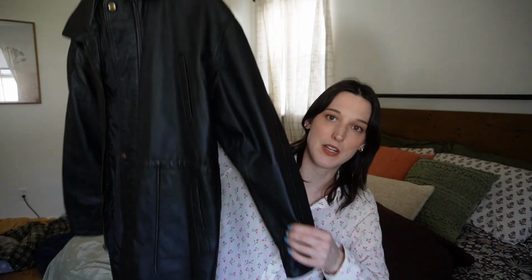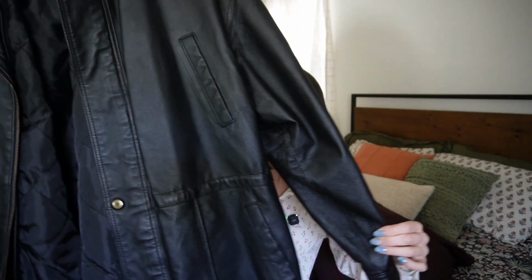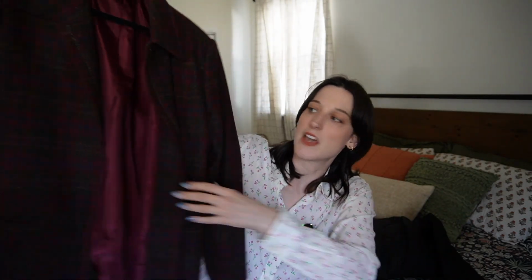We have this really pretty leather parka, which is a bit oversized. It's just really cool. It's a cool shape. It's a super warm coat. I really love this one. This one I thrifted at the end of the year, and I just haven't had the opportunity to wear it,